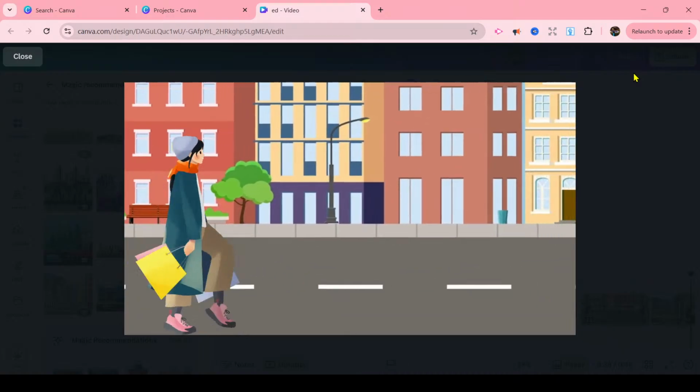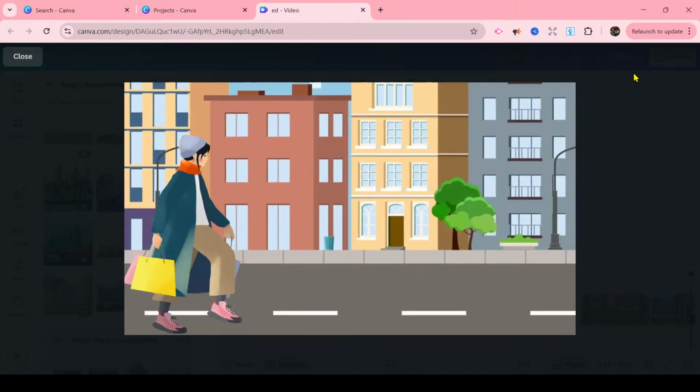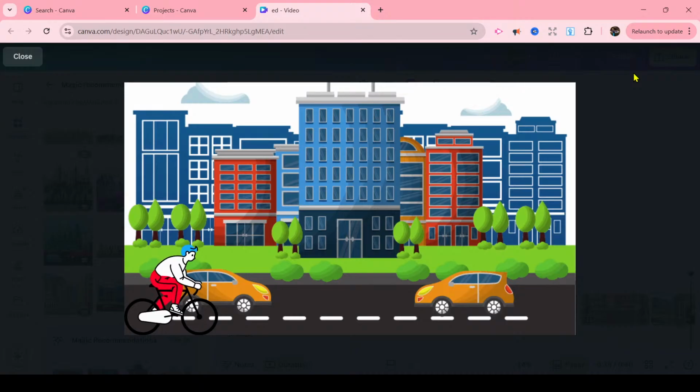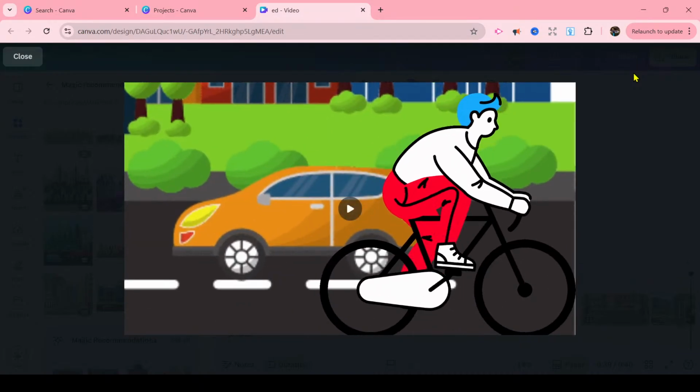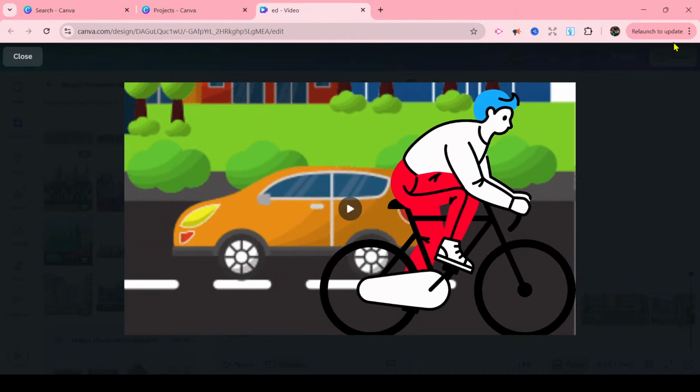Both the ways it is looking very good. You can move the image also. Now the magic match and move transition has given a wonderful